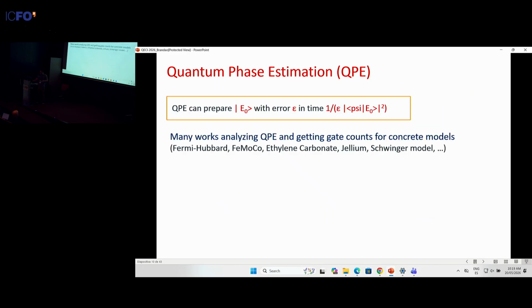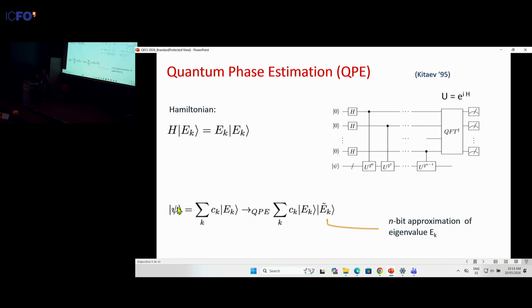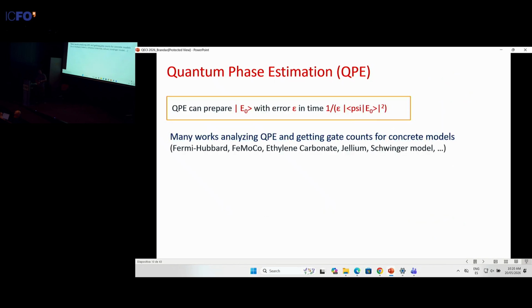Okay, why is that useful? Well, because then you can do the following strategy. Suppose you are given some initial state, psi, as the one here. You just have a way to prepare some guess states for your eigenstates. You run phase estimation. You measure the second register. And then you only accept if you get some measurement close to the minimum energy. And if you don't know the minimum energy, you can just guess and do binary search. That's easy. So this gives a kind of canonical way of preparing ground states,